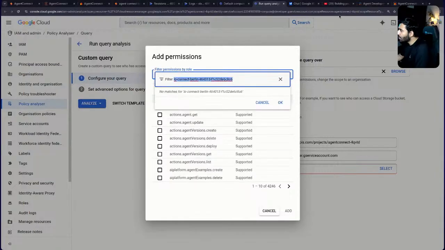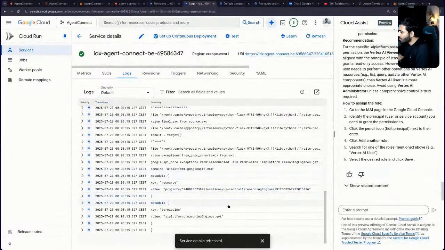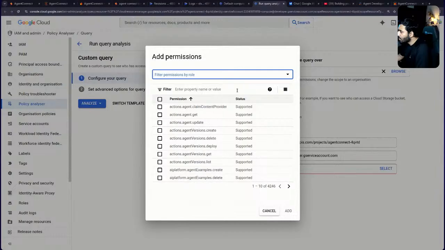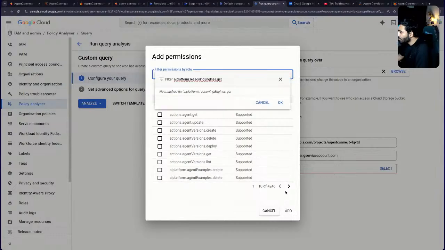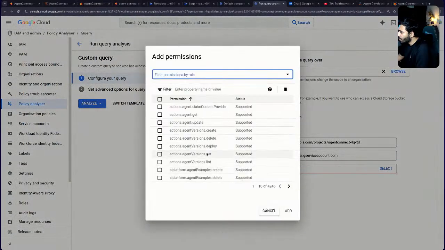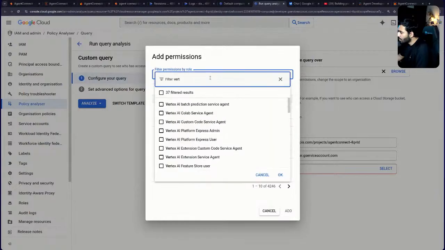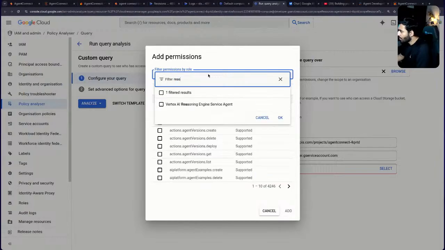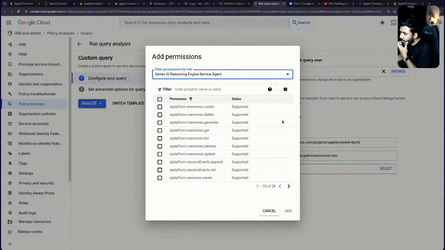Okay, so this is where we go with the logs and the actual this. So this thing, I want to get this done. Let's see if this has the... what. No matches completely. What about permissions? So here we should have